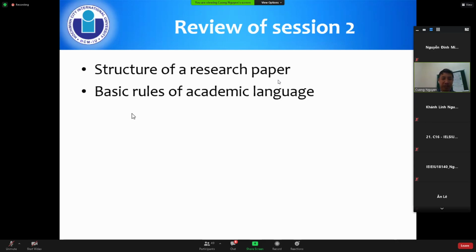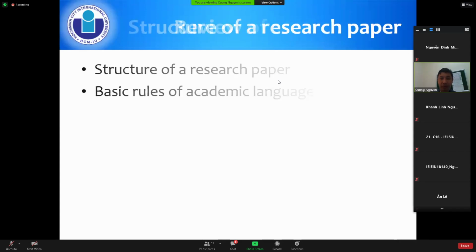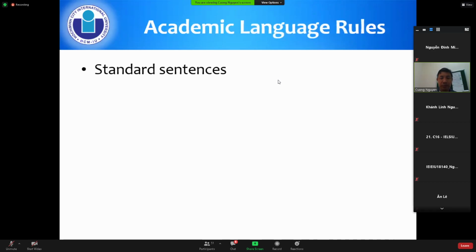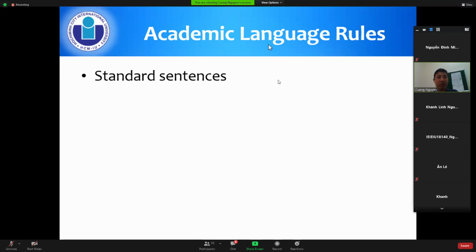Now let's move on to the class this morning. Let me just show again the 7 rules of academic writing before we move on. The first one is we use standard sentences, right? It is something very basic that I'm sure a lot of you still make mistakes in. But anyway, you will correct yourself along the way. We cannot present the whole thing again now, because it is a waste of time. Most of you are above that right now, but some of you are still struggling a little bit with sentence